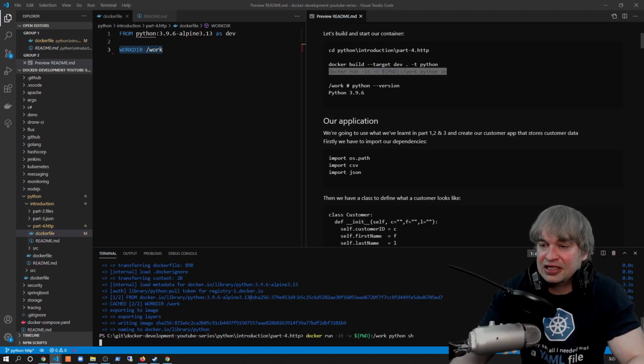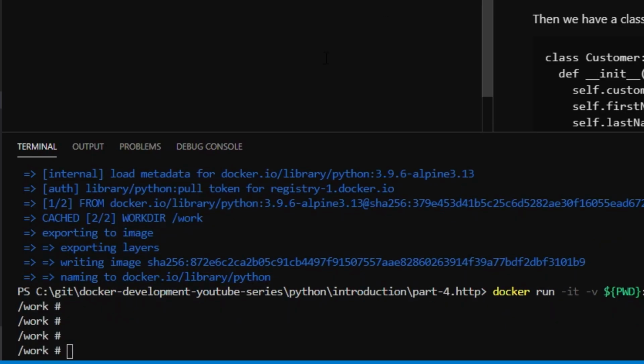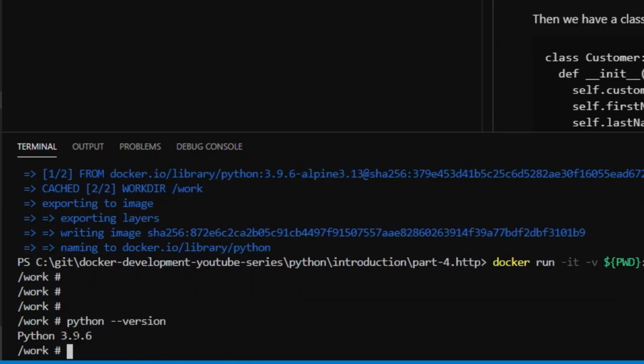So I'm going to copy this line. I'm going to go ahead and paste it to the terminal. And now you can see we are inside of a container. To show you that we have Python, I can say python --version,